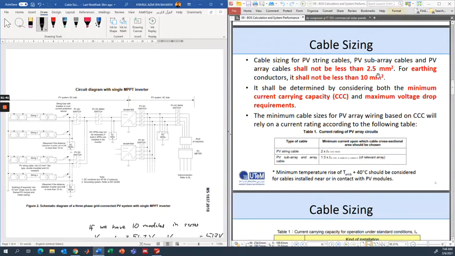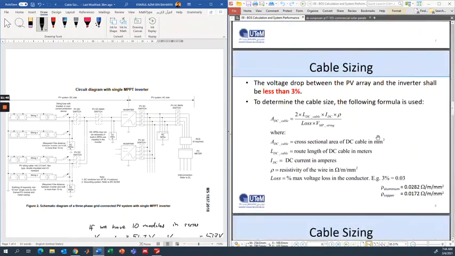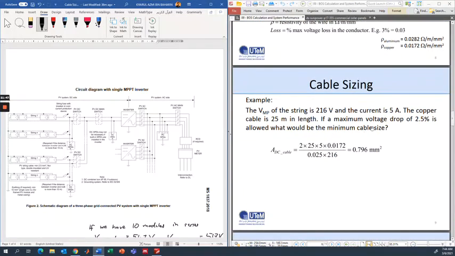So automatically you must say in your answer for this condition, the cable size is 2.5 millimeter squared. This is the type of cable that you must use. Okay. If when you calculate you get more than 2.5, then you need to use the appropriate cable size. Okay. So for that, I have a short exercise for you.